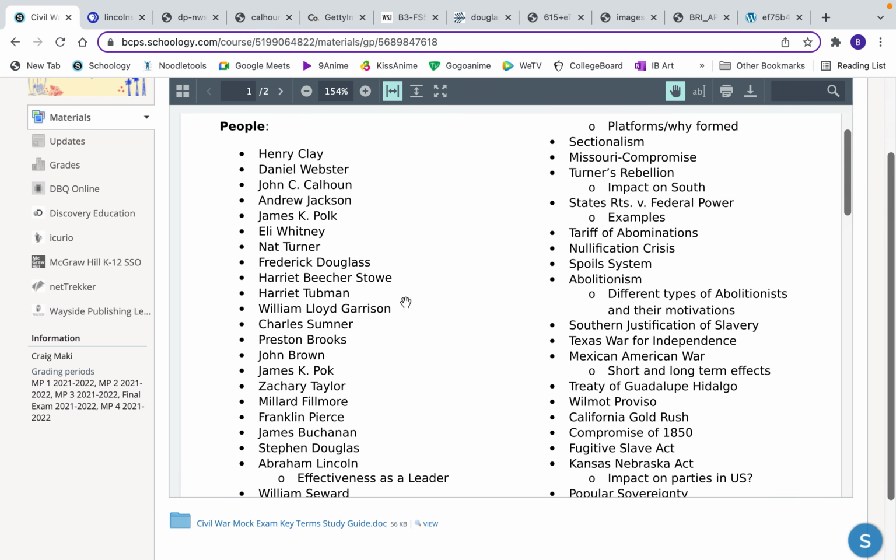We talked about the platforms, generally, and somewhat why they were formed. I'm going to skip over sectionalism because I don't feel like I have the notes or the understanding to really talk about it. Well, I have it right here next to me, so I might as well say something about it. Sectionalism for the North meant that they were more focused. Oh, wait, this is really easy. So the North,